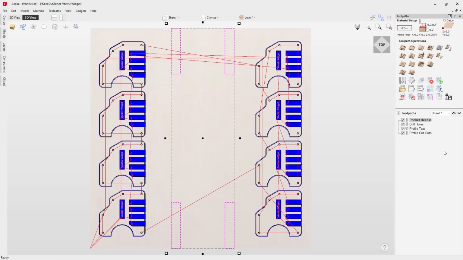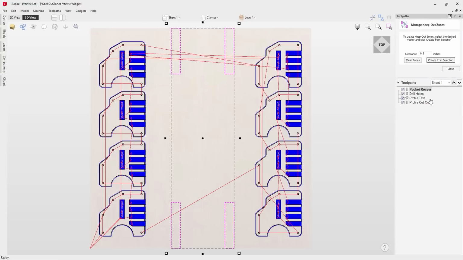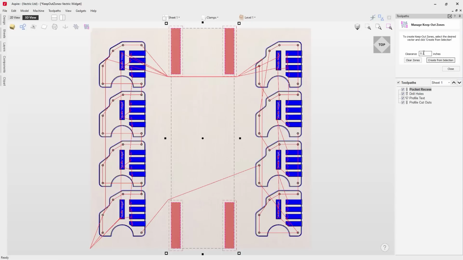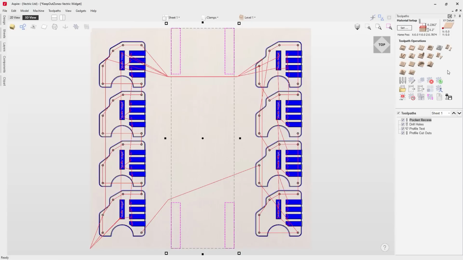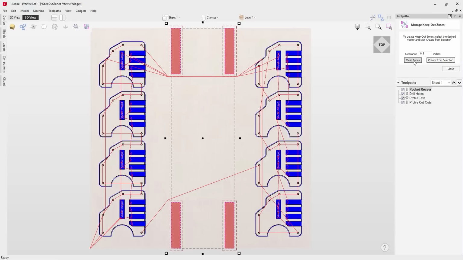We've added a brand new tool called Keep Out Zones. Keep Out Zones allow you to designate areas of your workbed the machine should avoid during rapid moves from the home position and when moving between cuts within a toolpath. This is particularly useful for avoiding obstacles such as clamps, jigs and fixtures, ensuring for the safe running of the machine. Simply draw in vectors to represent the keep out zones and assign them from within the tool. Once assigned, the visibility of the zones can easily be toggled on and off for easy viewing. When a toolpath runs into a keep out zone, the software will not make it possible for you to save out the toolpath.